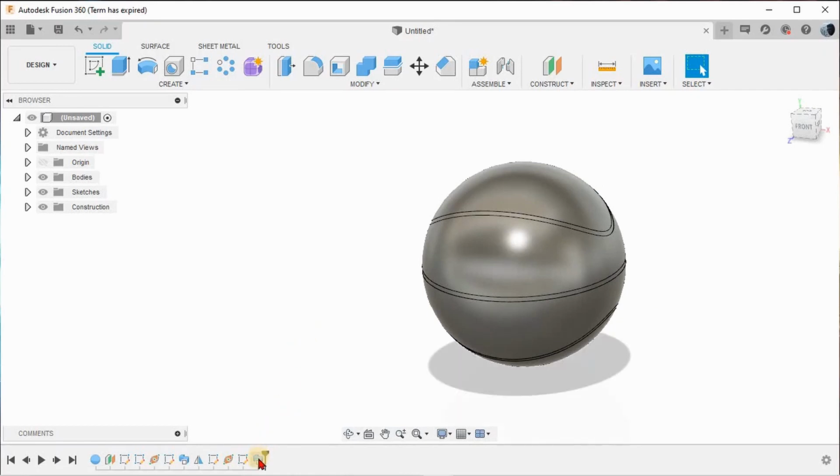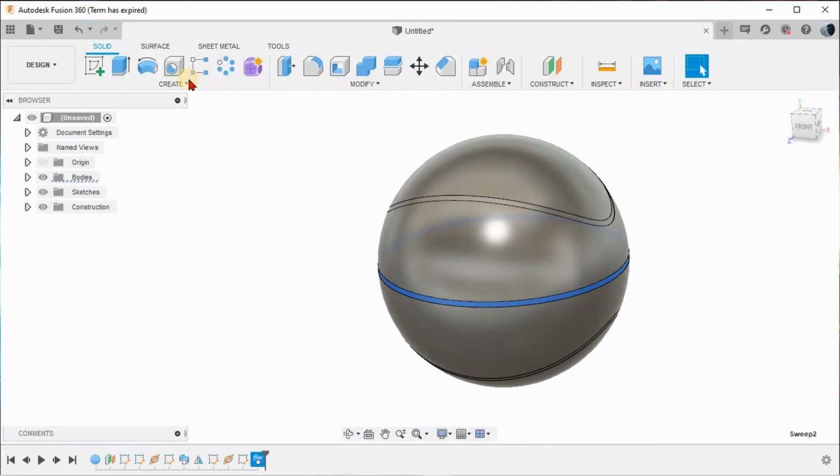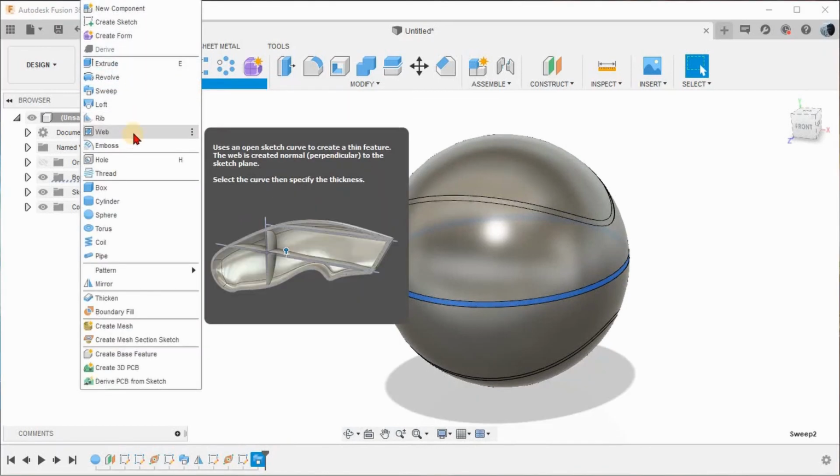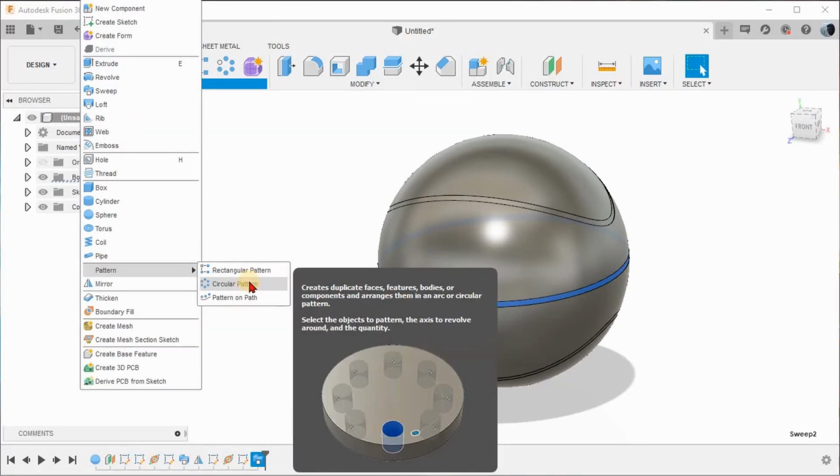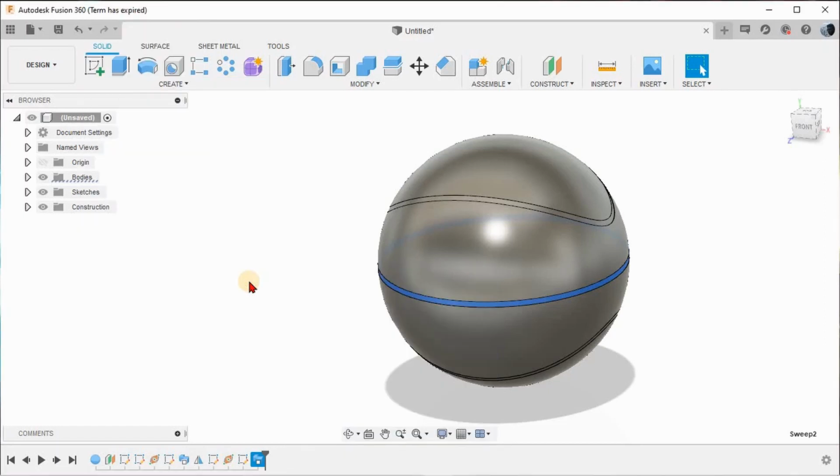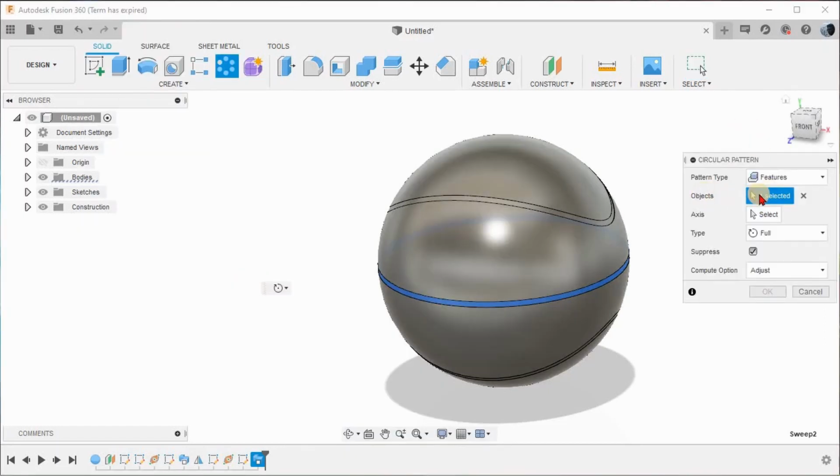Next you need to select this last created sweep and go under create, go to pattern and circular pattern. The object has been already selected. The object is nothing but the sweep, and for the axis you just click the axis and automatically it will show the axis.